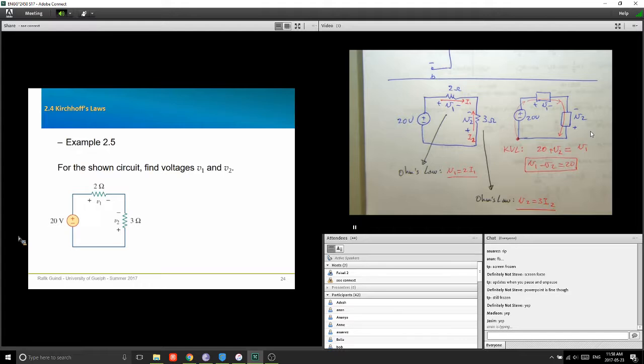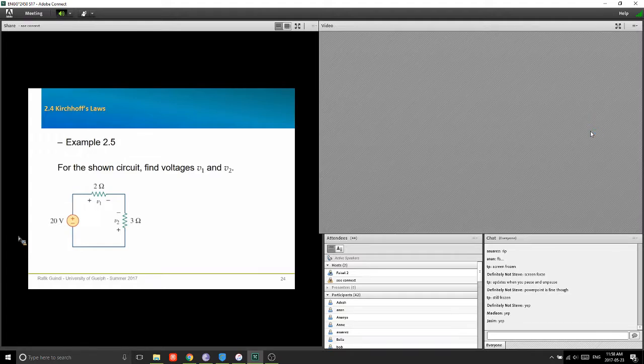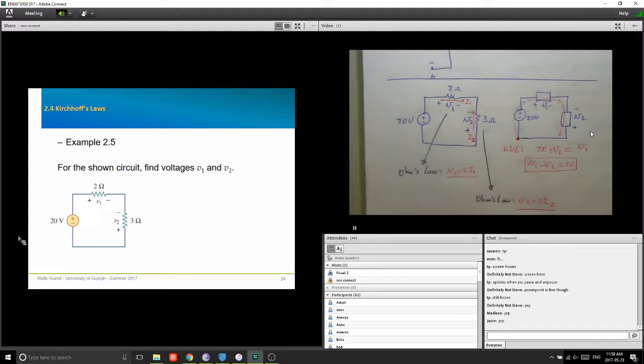No. I disconnected and connected it again. It's better now? Shows this, but I don't know if it's. It shows this, so well, let's see. Anyway,